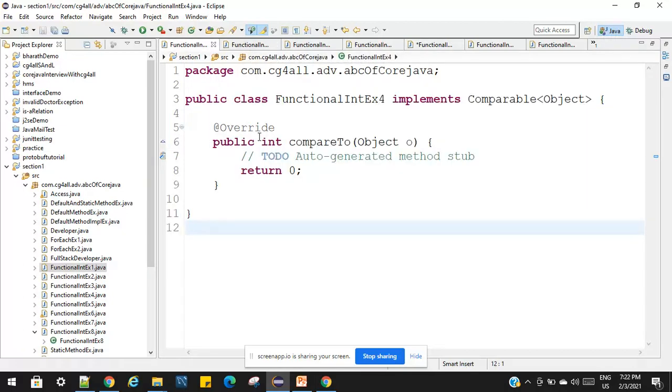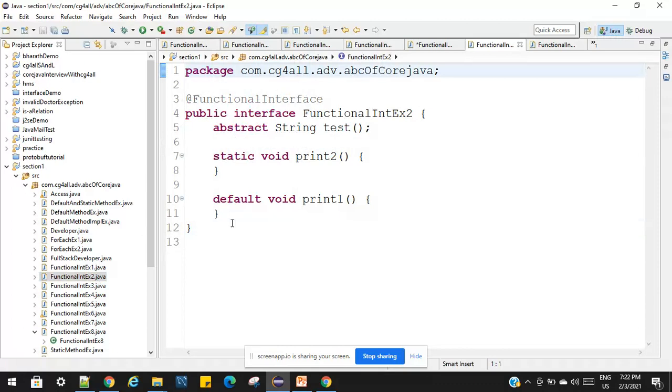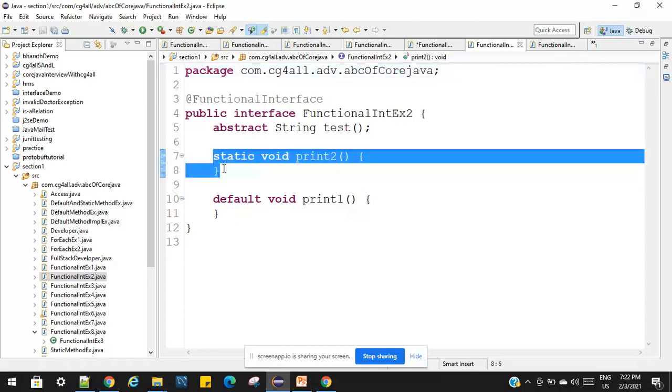Till now we understand that the functional interface contains only one abstract method. That is the only definition of the functional interface. Inside the functional interface we can define n number of static methods and n number of default methods also. Clear? Okay, now going to the next example.